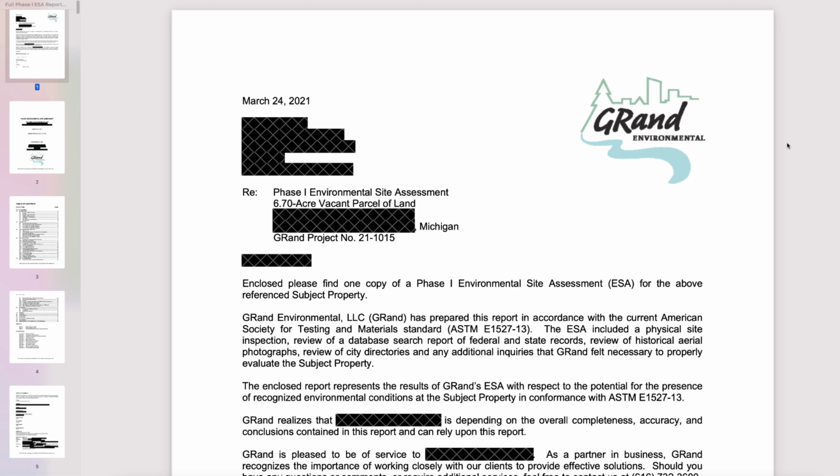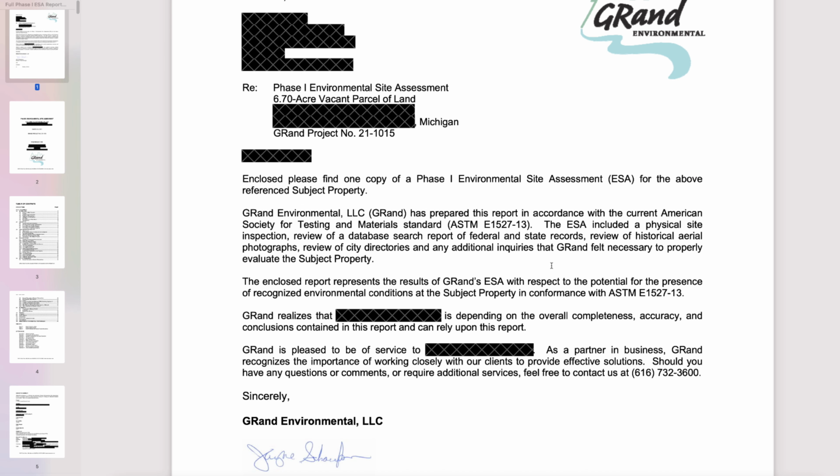If there are RECs though, that's when you may have to go on and do a Phase 2 to resolve those issues and figure out, is it actually contaminated or are we fine? And then if it is contaminated, what next? But before we skip too far ahead, I'm going to just start up here at the top and go page